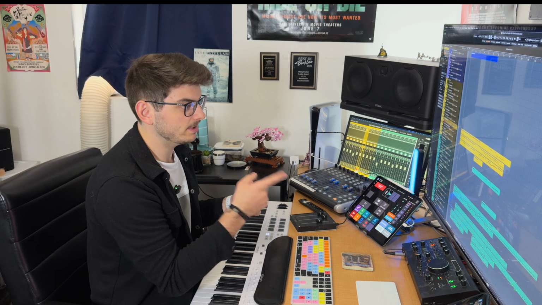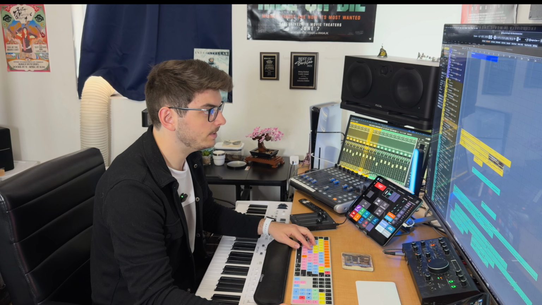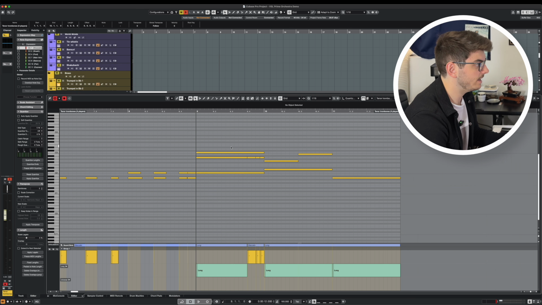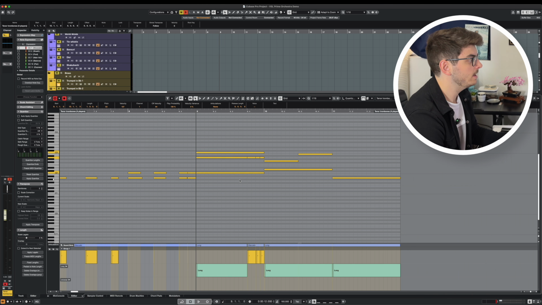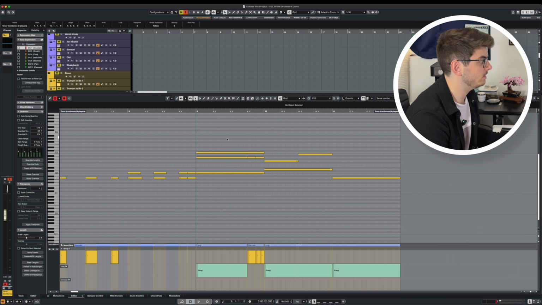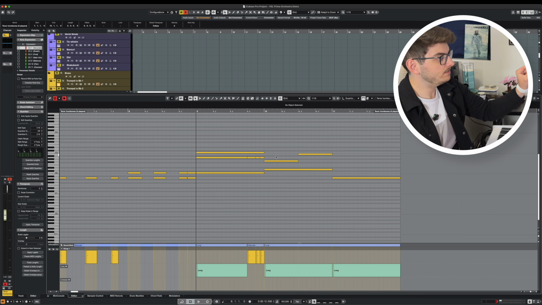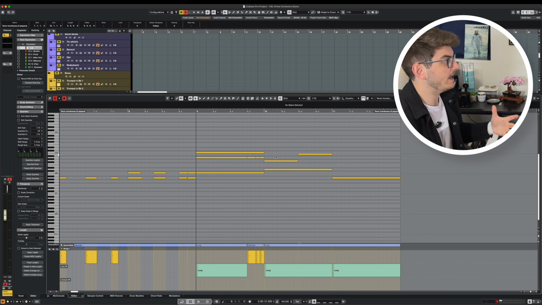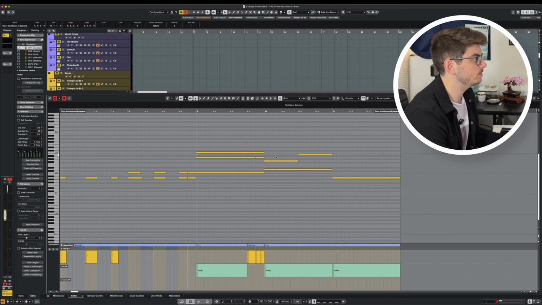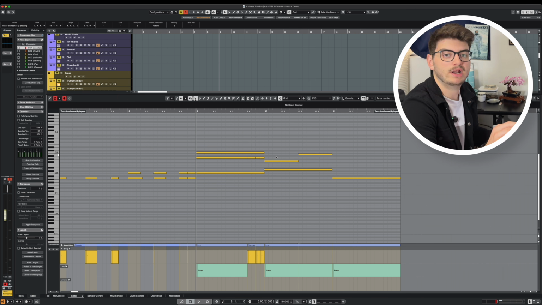Okay, let's go ahead and talk about what's happening in our low brass. Specifically, I want to take a look at our tenor trombones in relation to the tuba and the bass trombone. You'll notice that we just have a pretty standard chordal structure here, but I want to bring your attention once again to the use of the expression maps in order to switch between long and short articulations here. By adding the kind of triple tonguing sound to our inner line here, it gives a little bit more motion in the sound, which really just makes it sound better than if it was just a straight up MIDI line.